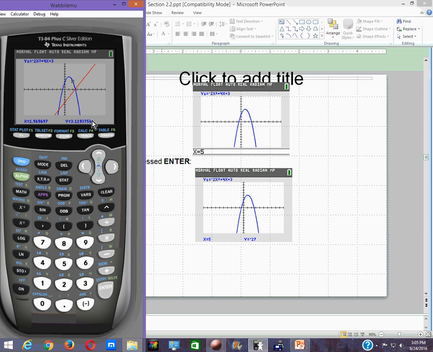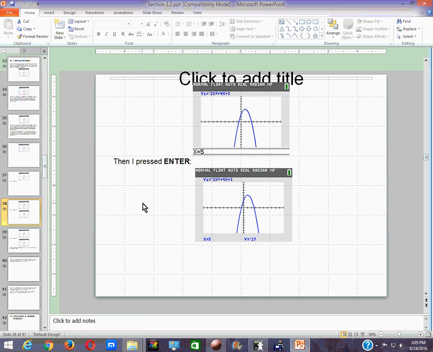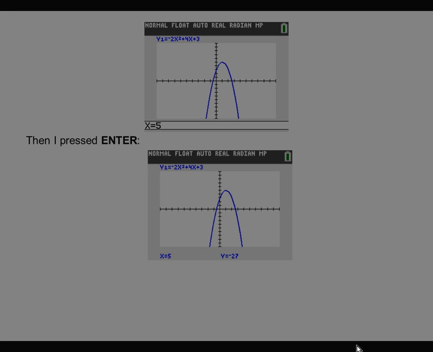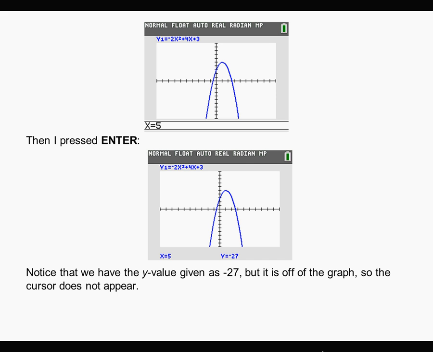So again, you can jump directly to a particular x value. You can't really give it a y value. It's only an x value. And you just key it in from the keypad and press enter. And it gives you the corresponding y value. And if it can, it'll show you the point on the graph. So again, the value of y being negative 27, it's way off the graph. It gives me the value, but it cannot put the cursor there. So now again, please note that depending on your particular model of calculator, you may not have all of these